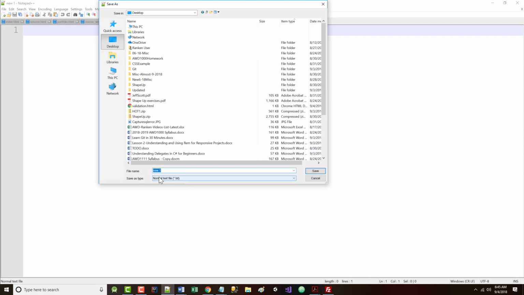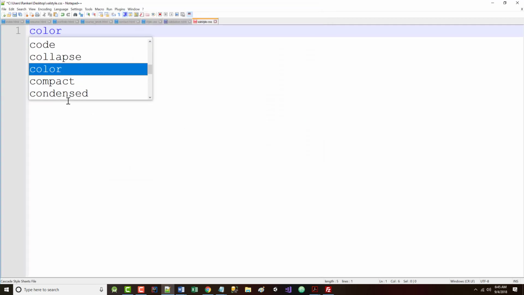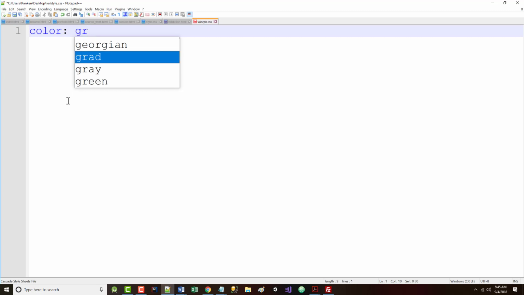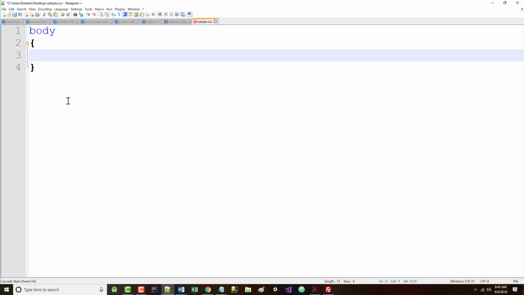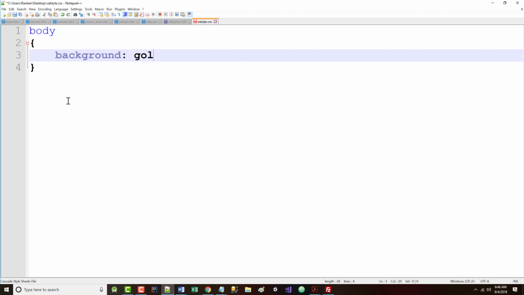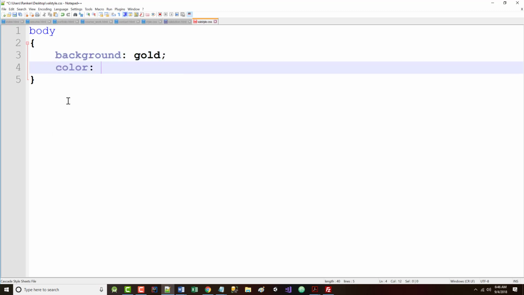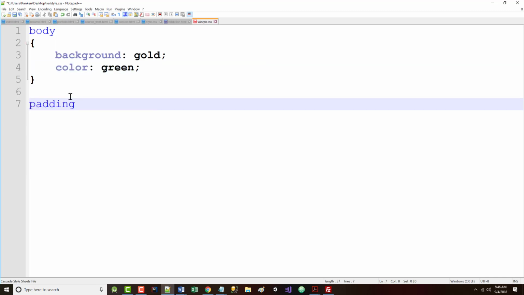And I'm going to call it again valstyle.css. And I'll come in here and I'll just add a few things. Color, green, no, I don't want to do it like that. Body, and that's saying for the whole document, by default, I want the background to be gold and the color to be green. And let's say for our paragraphs,